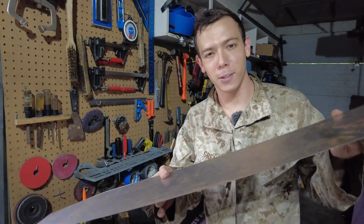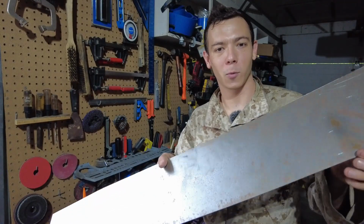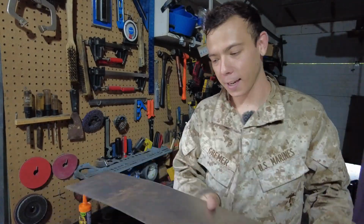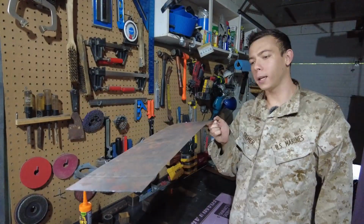Here's the strips of steel that are going to go on top of it. I think I've had these pieces of steel laying around in the garage for like 2 years. My dad gave these to me when his work was throwing them away. So thanks, Dad. Finally get to put them to use. And they're also pretty much the perfect size for the wing I want to make, and quite thin too,